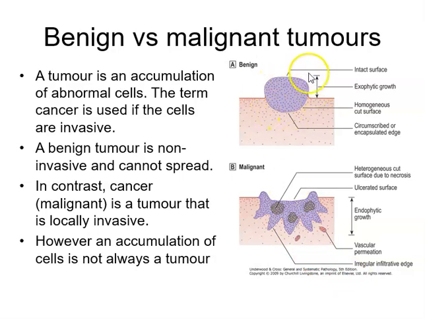And typically a benign tumour will form one of these vertical growth type tumours that form little nodules on the surface of the skin. So they grow effectively outwards, but they don't grow particularly deeply. This is called a papilloma. If it's a tumour on skin, we'll refer to that as a papilloma. It's a benign tumour. The epithelium is restricted to a ball-like structure. There's an intact basement membrane. There are no blood vessels that have broken through that basement membrane,